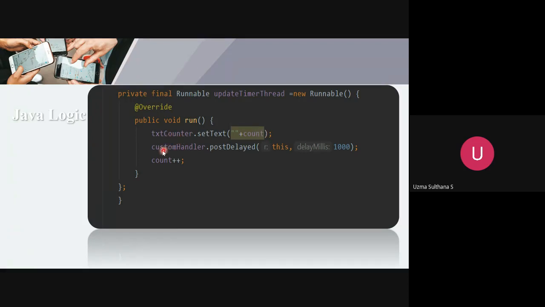We are going to increment with the customHandler postDelayed, in this runnable method only. So I have given here this resource, and delay, how much delay? 1 second delay. Here it is in milliseconds, 1000 milliseconds, in the sense 1 second. So for 1 second the delay will be there, and after that automatically the counter will keep on incrementing.